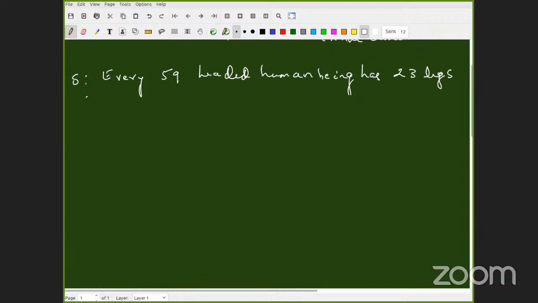So what does he have to do to prove it? If at all there is a 59-headed human being, he has to show 23 legs. So he will simply say to us, yes, sir, show me a 59-headed human being, and I will show you 23 legs. Is the point clear? Yes or no? This is where you have to think. If you have understood this point,